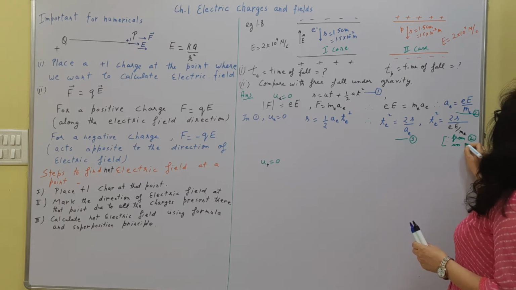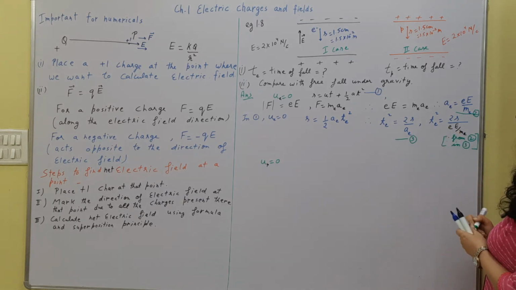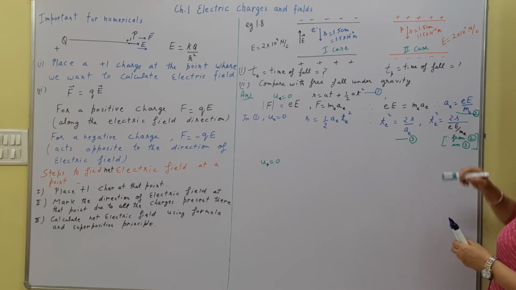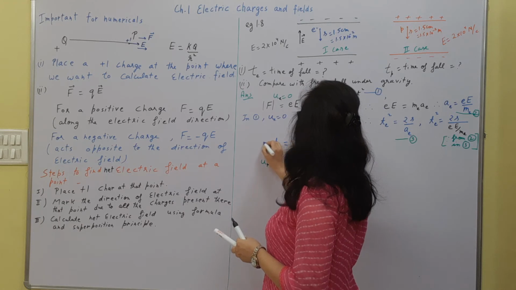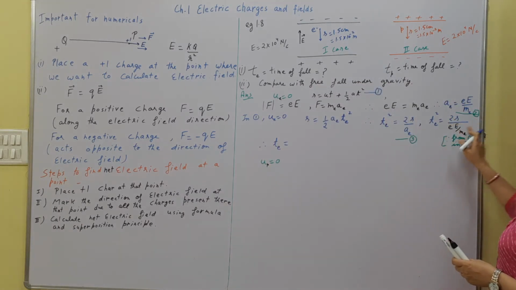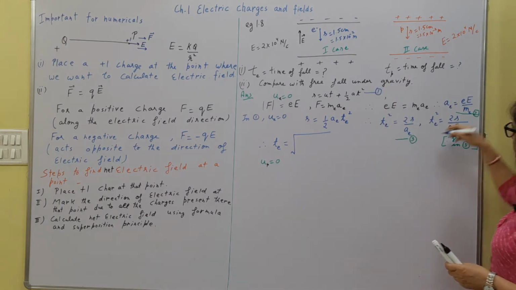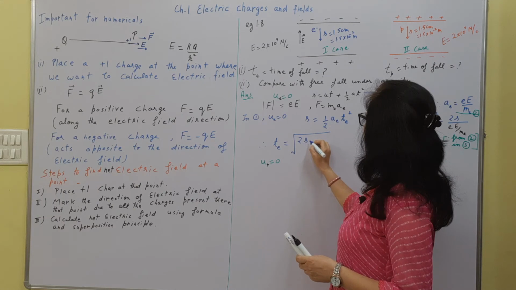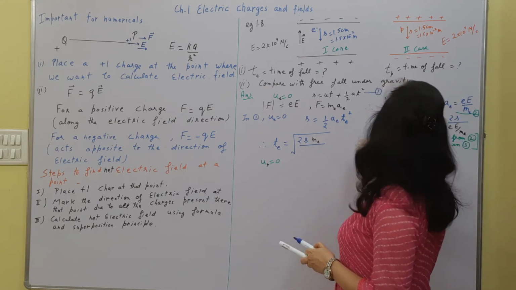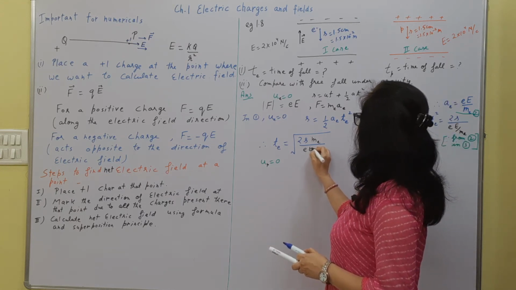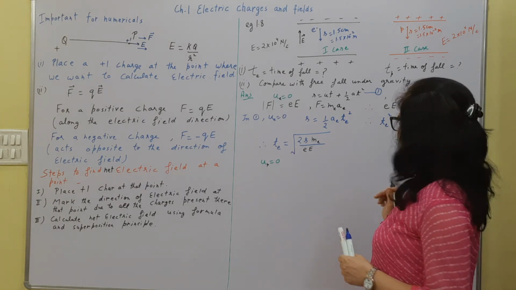So the reason I am writing here from 2 in 3, I have placed the value of acceleration. From 2 in 3 I am getting this. So therefore the time of fall, if I take the square root, I will get this, m_e will go in numerator. So 2s and m_e is in numerator now, and in denominator I have this eE, and then I have taken the under root to show that this is the time of fall of electron.